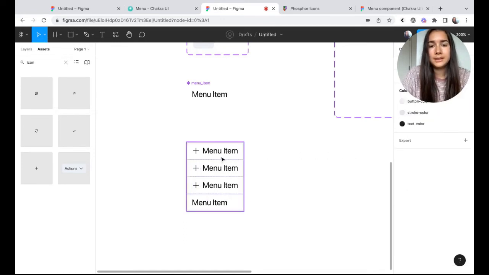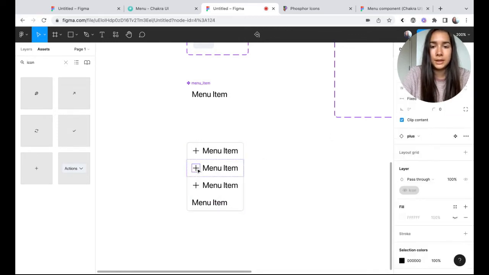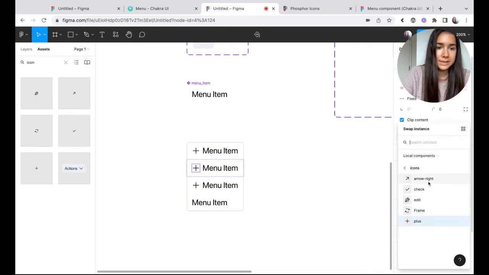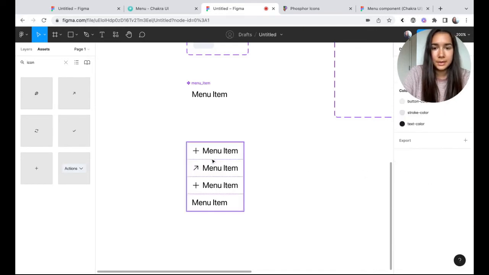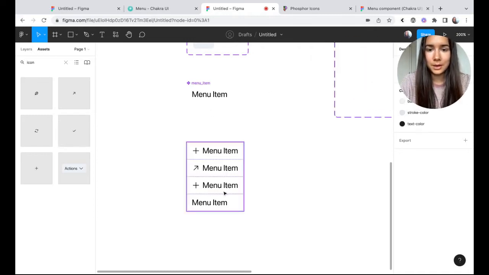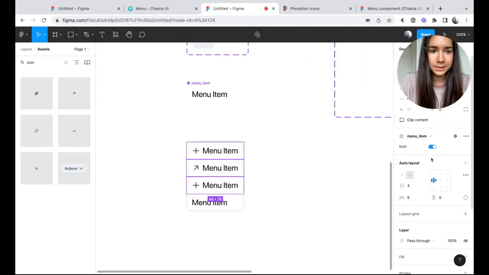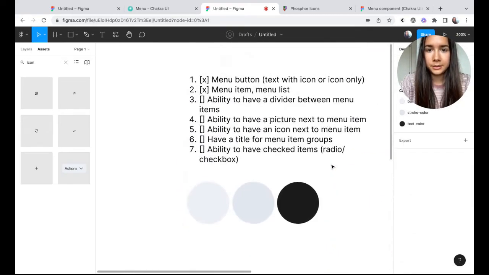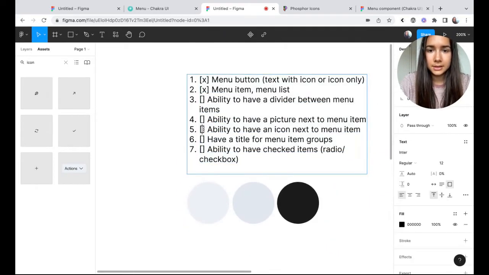And one thing here is that if we wanted to swap this icon for some other one, you can just click here and select an icon from your icon set. Okay, so let's toggle this off and return to our list. So now we have an ability to have an icon next to a menu item.